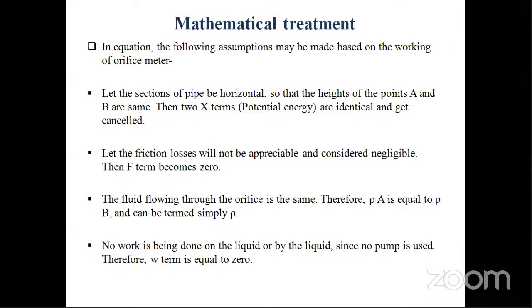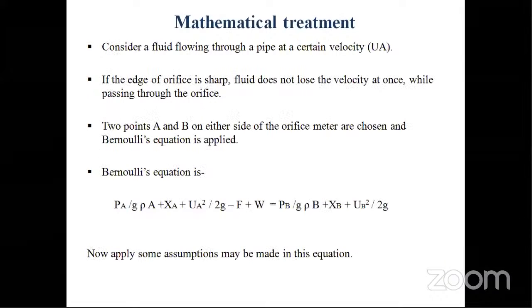সেখানে ফ্রিকশনও নেই, তাহলে F ইকুয়ালস টু অলসো জিরো। ডেন্সিটি বোথ আর সিমিলার, তো ρA আর ρB না বলে আমি সেটাকে ডাইরেক্টলি ρ বলতে পারি। আর সেখানে যেহেতু পাম্পের কোনো ইউটিলাইজেশন নেই, তো মিনস পাম্প ফোর্সও জিরো, মানে W ইকুয়ালস টু জিরো। তো আমি এখান থেকে কি কি বাদ দিলাম, X চলে গেল, F নেই, W নেই, আর ρB আর ρA এটাকে আমি ডাইরেক্টলি ρ বলে ডিনোট করছি।